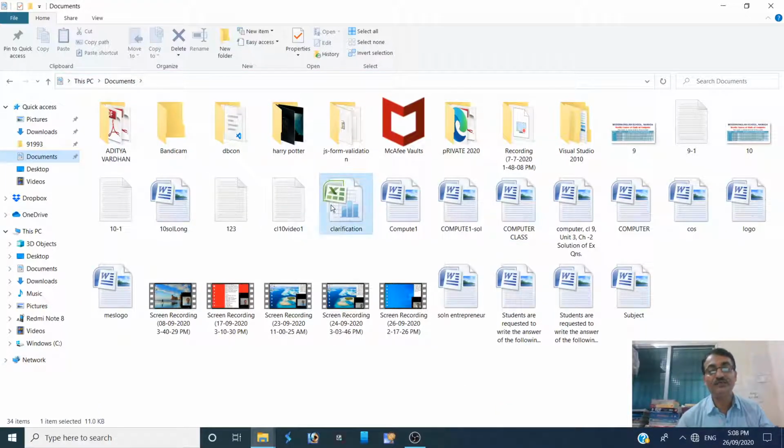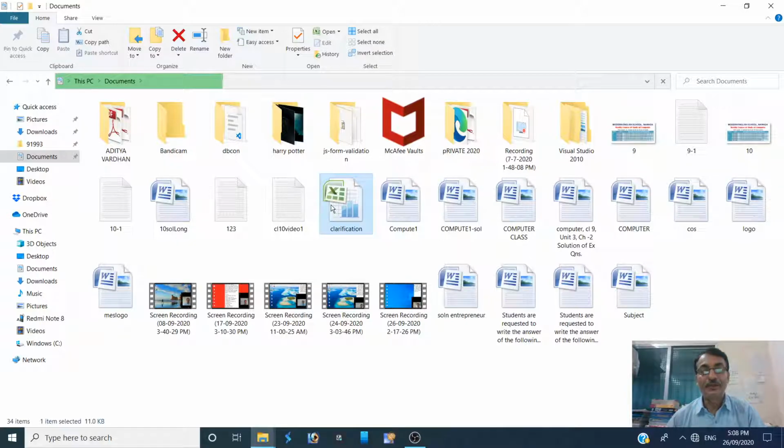This was the file. So you can see there is no bad effect on this file after deleting its shortcut icon. So this is the way to create a shortcut of a file.